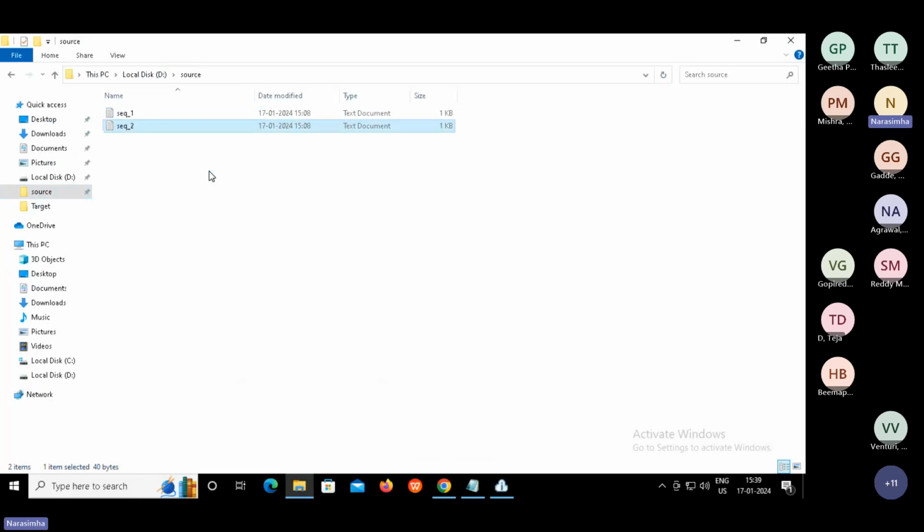We will blindly try to combine the data from these two files, and see whether we are going to get 6 rows in the target or not. So try to create the same file, guys. Just copy and paste. You'll get the same thing, right? Done, guys.